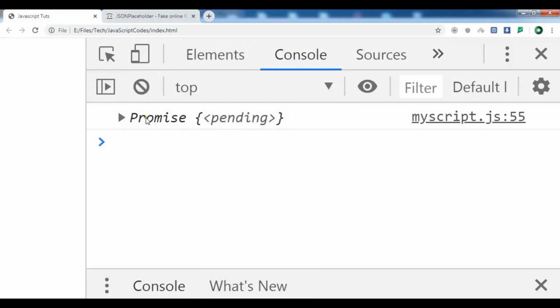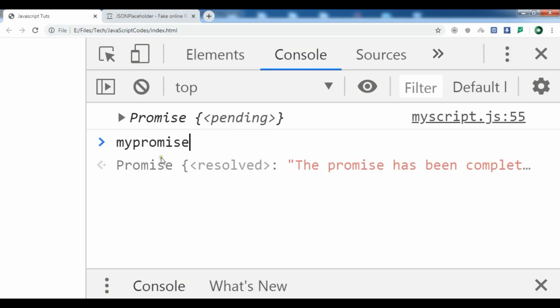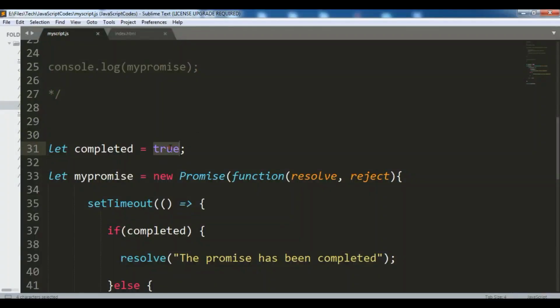Okay, so now you can see the promises and the pending, and this will decide that the promise should be completed or the promise should be rejected. Now if I say my promise, you can see the promise is resolved and the promise has been completed. Now if I change this to false